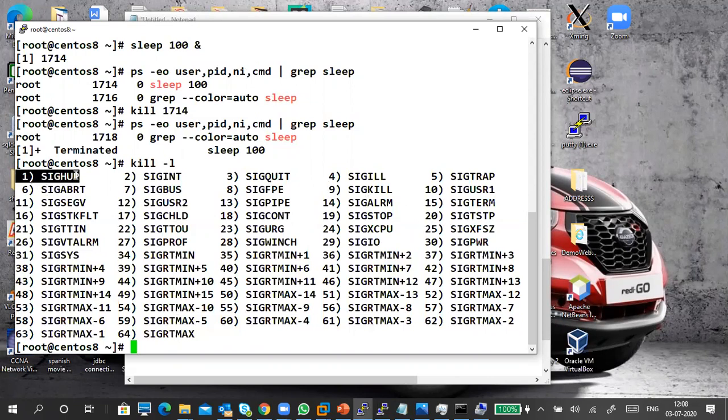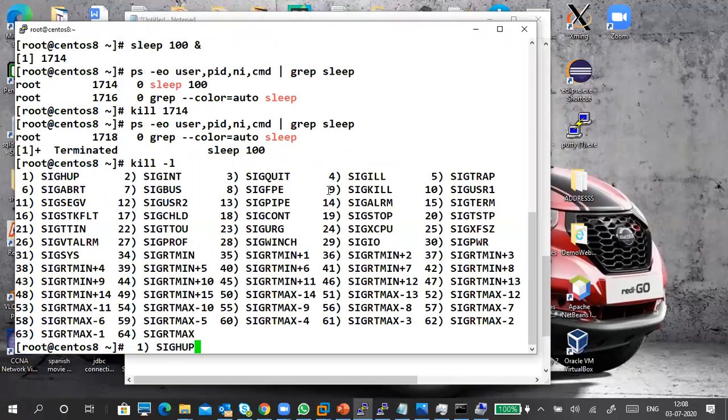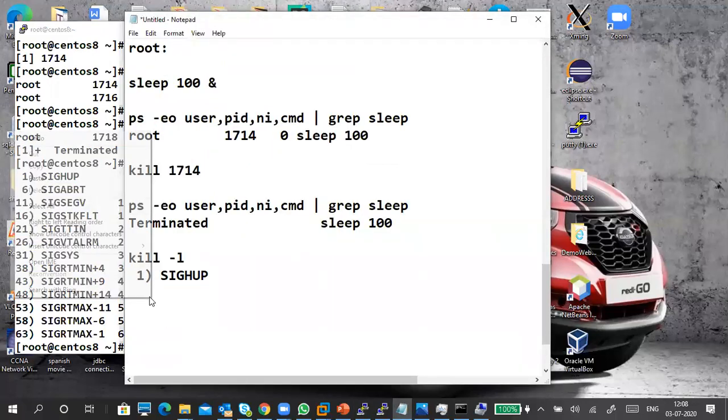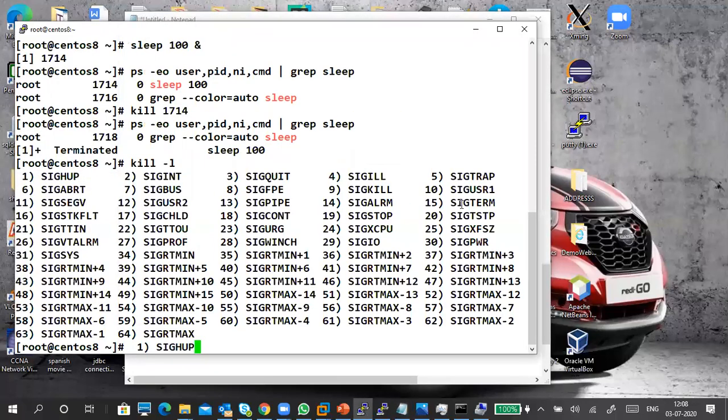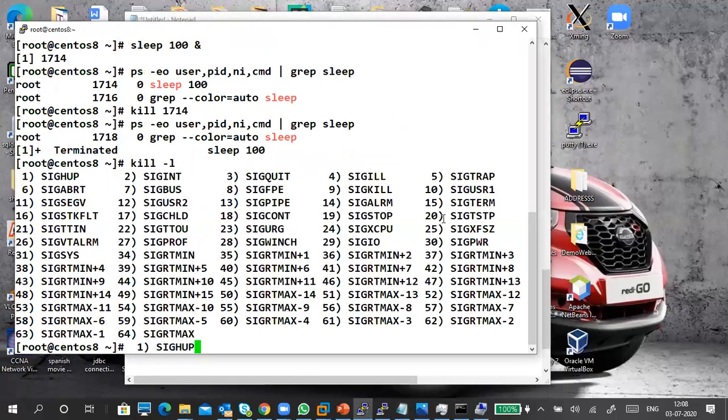This is the first kill signal. First is important, 9. Next one is 15, next 20.